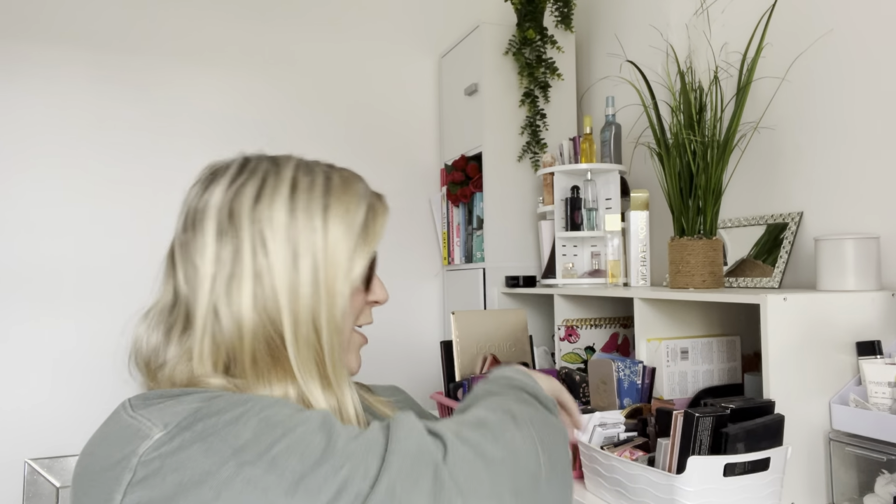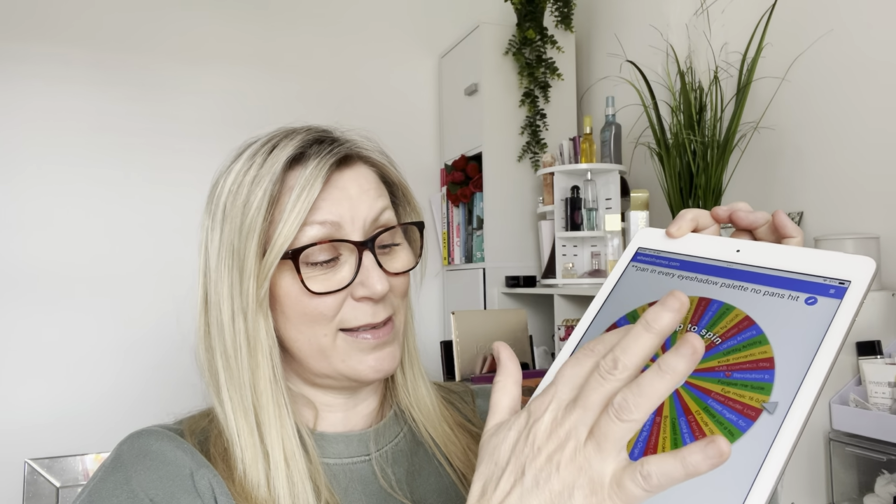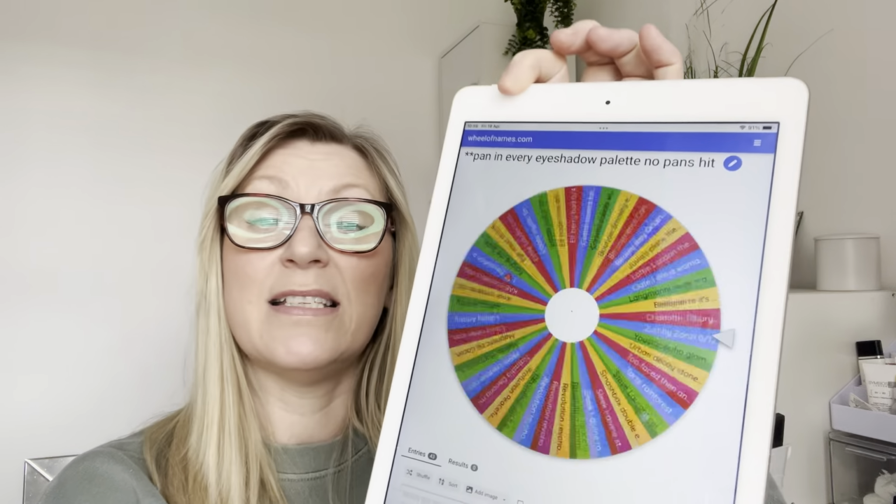So I've got all my eyeshadow palettes out, ready for the video. Let's get spinning. So the first palette we have got is, and the reason I've got this wheel as well